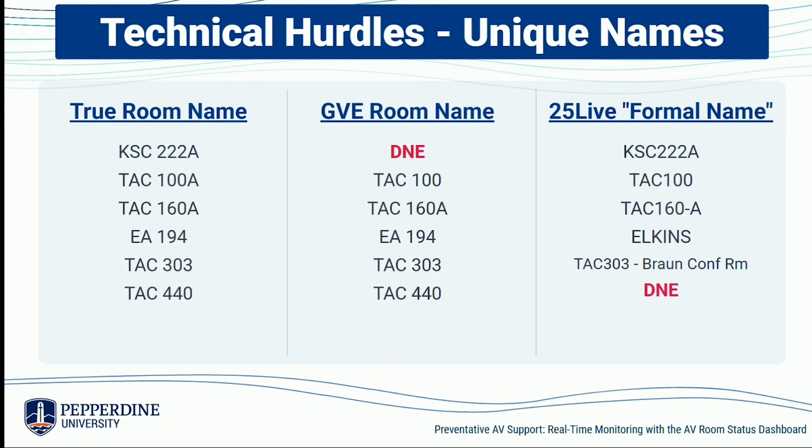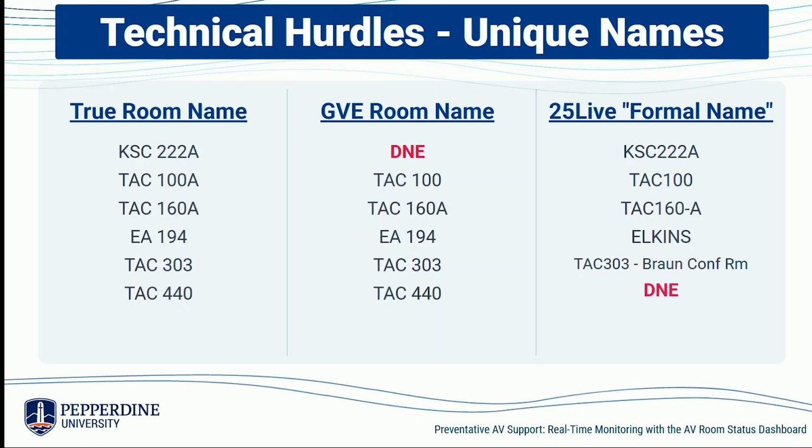That room does not have AV, so it's not on GVE. But on 25 Live, it would be KSC 222A with no spaces or anything. But if you go down to the third one there, we have TAC 160A. For whatever reason, the person on 25 Live decided to put a dash in there. So it's a completely unique format for a room with AV that we just have to add in a permanent, hard-coded translation mapping. And there are many rooms like this, such as EA194, that is